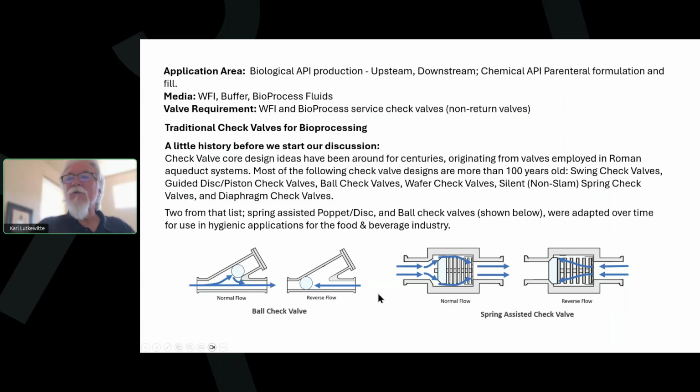Now, in reverse flow, when there's an upset event that causes the pressure at the outlet of the valve to be higher than the inlet pressure, flow is going to reverse. And if that happens, the flow will push the ball and it'll push it into that inlet waterway where it'll prevent flow. Pretty simple. The other simple and older technology that's been adopted for hygienic service are spring check valves,